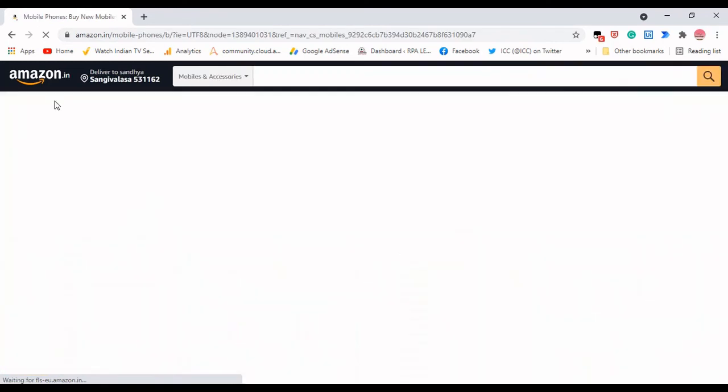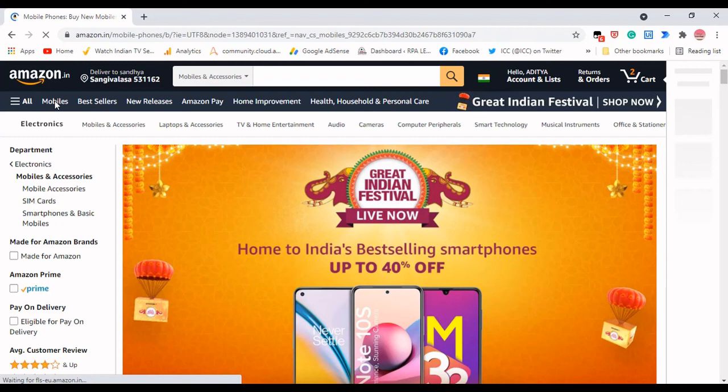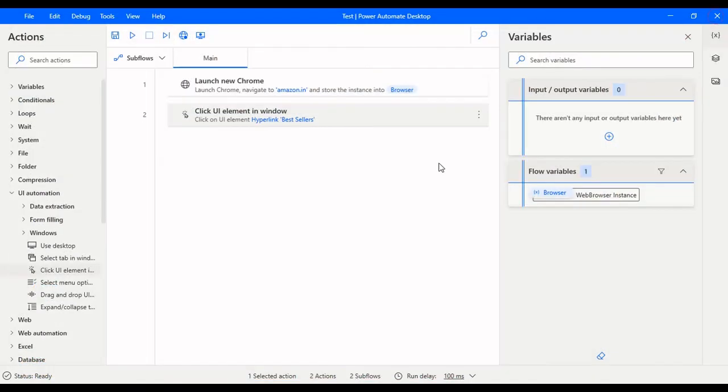So this is how the dynamic selector concepts work, and there are so many other parts that we can discuss in the part of dynamic selectors, how you can pass for each item or the different values, that I will try to cover in the next videos. And this is how you use dynamic selectors, and this is what the dynamic selectors has in Power Automate Desktop. And that's it for this video.